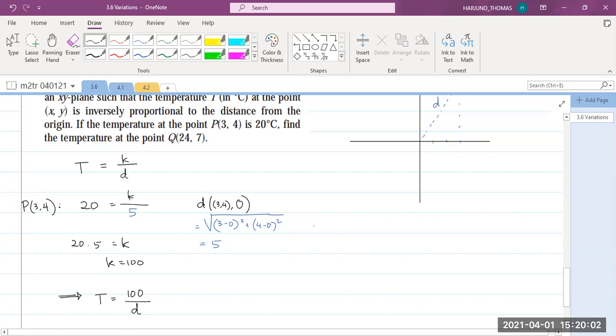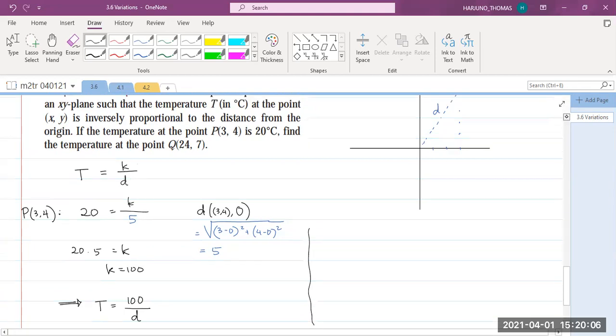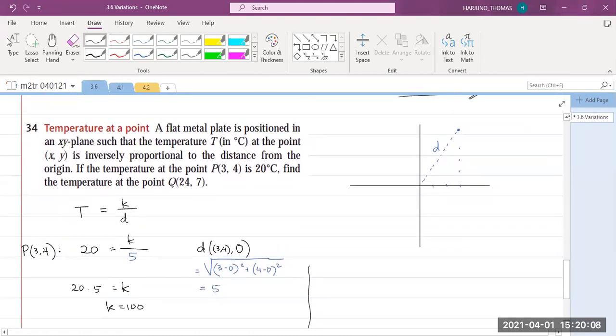Now, then we go to second stage. Find the temperature at the point (24, 7). This is (3, 4) here. How about at (24, 7)? Then let's find what is the distance. The coordinate (24, 7), the distance from origin will be